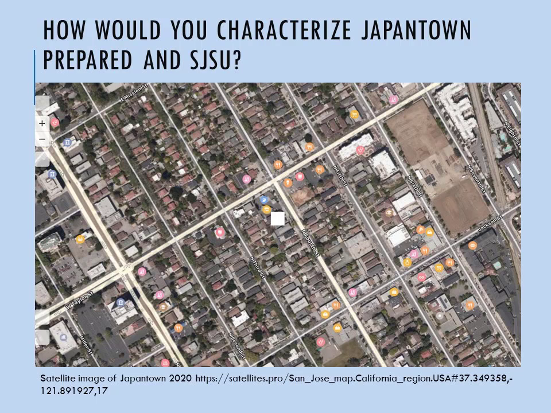It is definitely a deeply local organization that has reached out to San Jose State in order to leverage the power of the experts both in the faculty and among the students. And so that relationship is trying to work towards that equitable sweet spot that is right at the center of the fulcrum. And so think about that as you characterize the way Japantown Prepared functions as an organization, and think